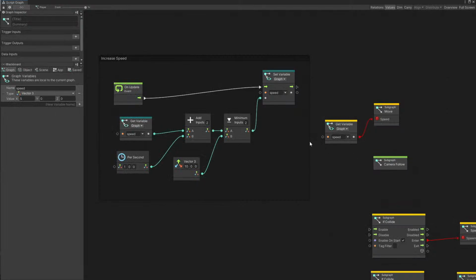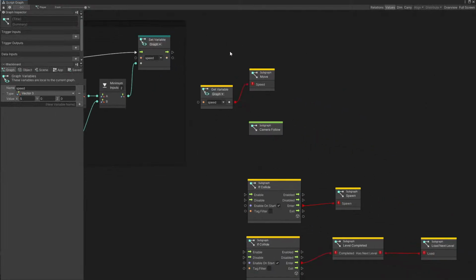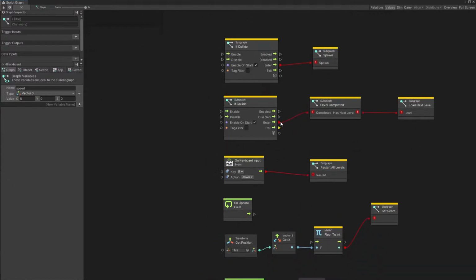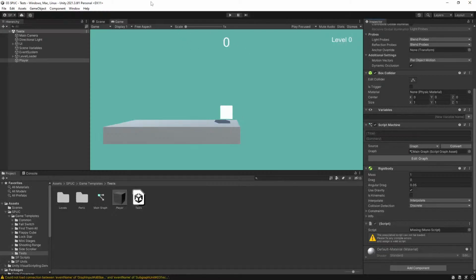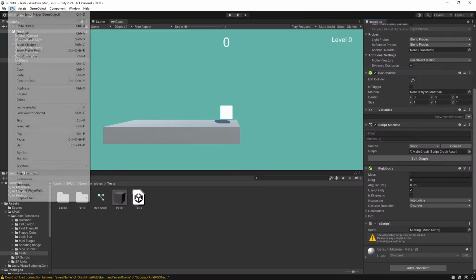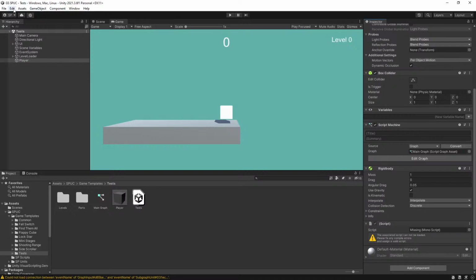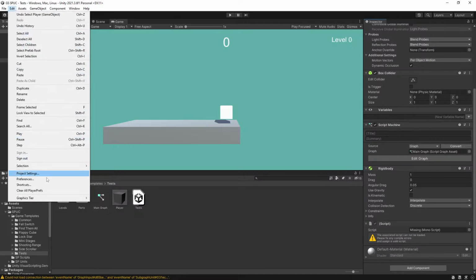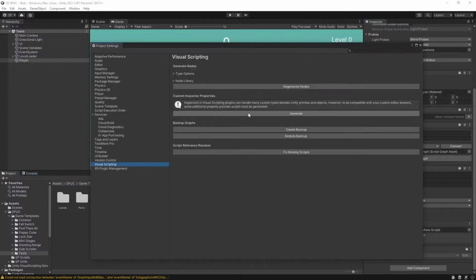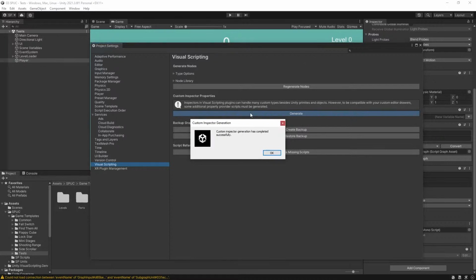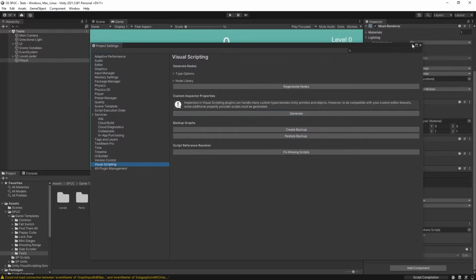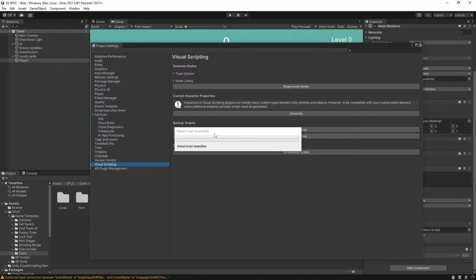And in here, let's go edit. And there we go. So see, I'm getting these errors right here. That is because after you import any visual scripting into Unity, so any visual scripting components from a package or drop new files in, you want to make sure that you go to the project settings and visual scripting and click generate the units again. I think it's generate. I always get confused which one, generate or generate nodes. It's generate. So click generate,